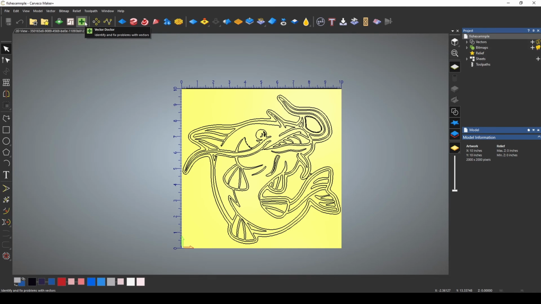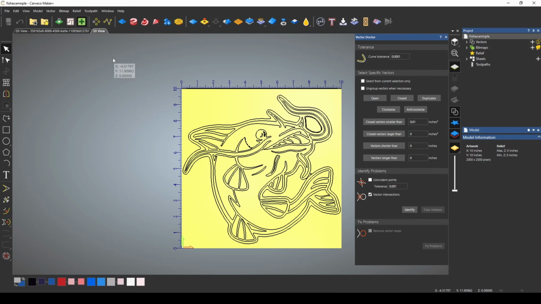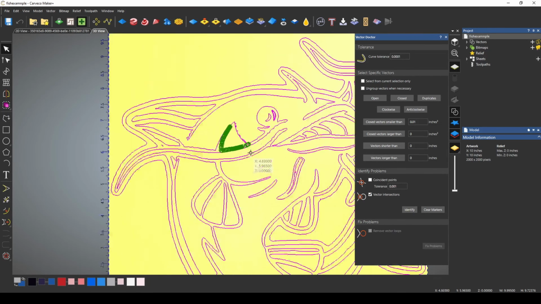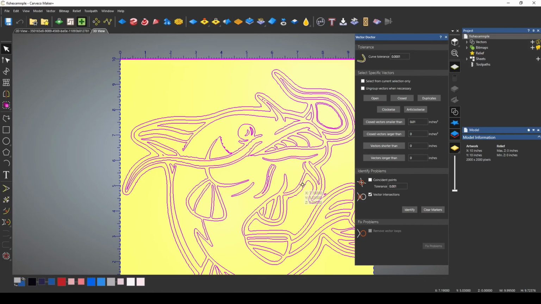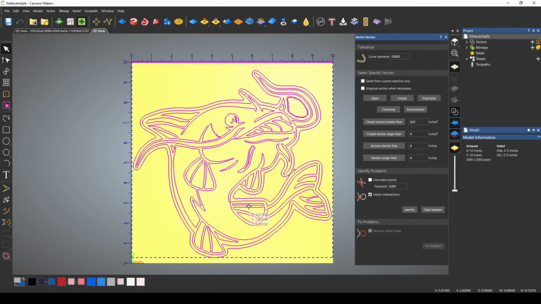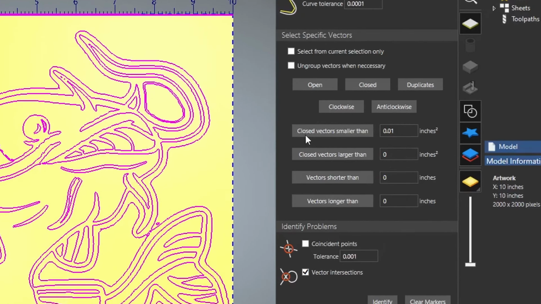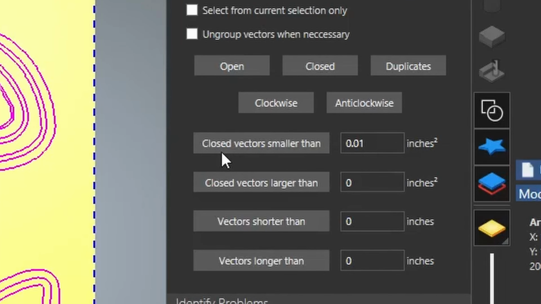The first thing we're going to do is look at our vector doctor, and I'm just looking for vector intersections. It does look like we have an issue, and I can see that it's two vectors that are crossing over each other. We're going to clear those markers. The other thing the vector doctor does really well is you can search for vectors by a certain size.